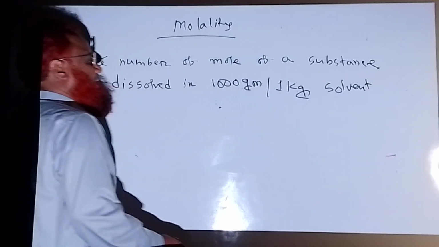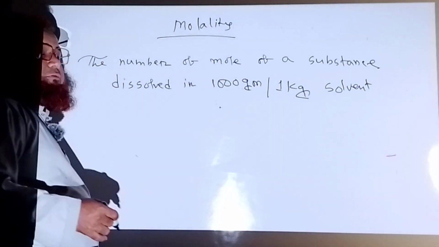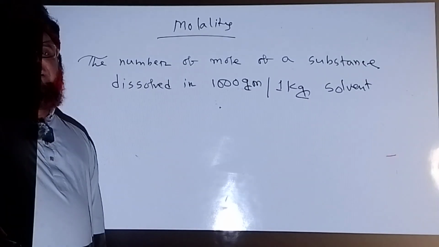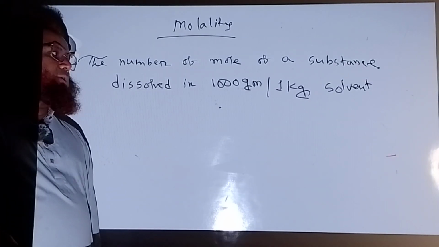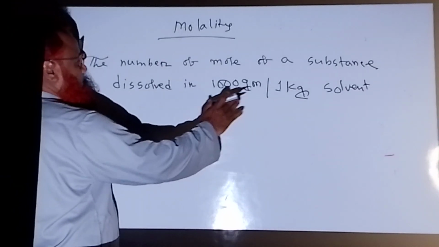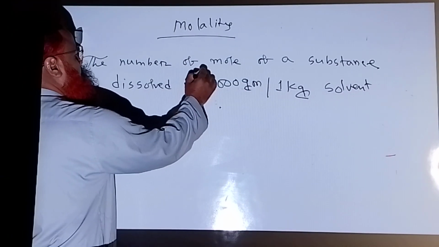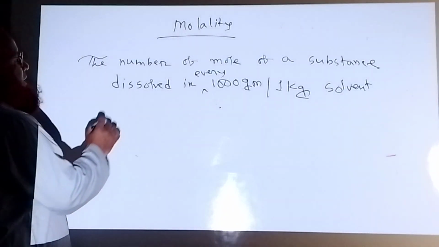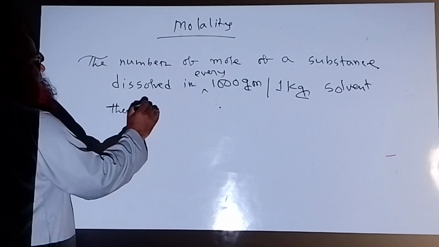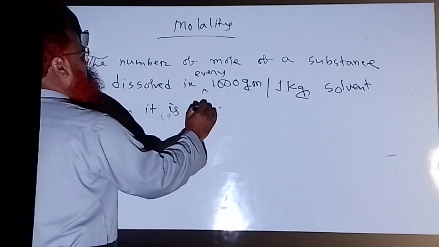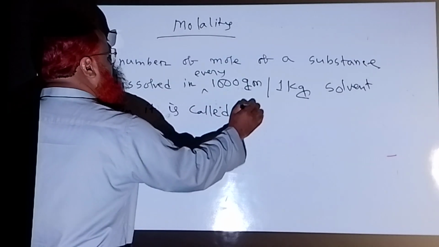I repeat, here we have to use solvent. Molality is counted considering solvent, not solution. So dissolved in every 1000 gram or 1 kg solvent, then it is called molality